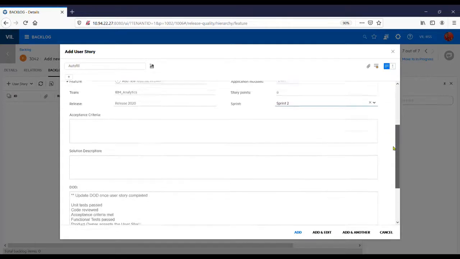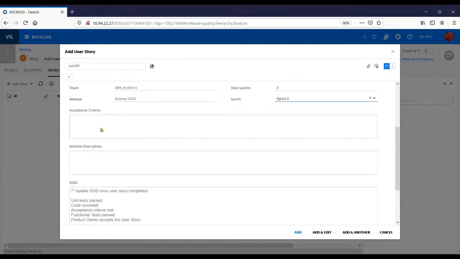Now coming to acceptance criteria, one of the important fields which the product owner will give to you, describing how they are going to accept it. So the product owner will give you the acceptance criteria, and you have to write or capture it.